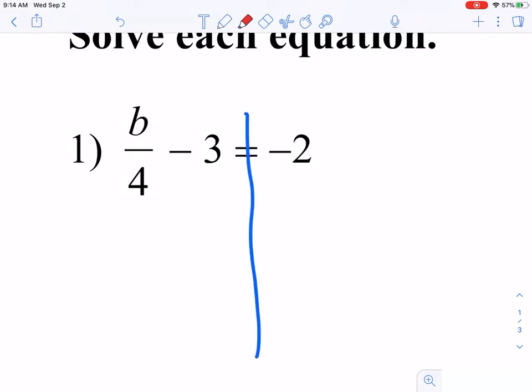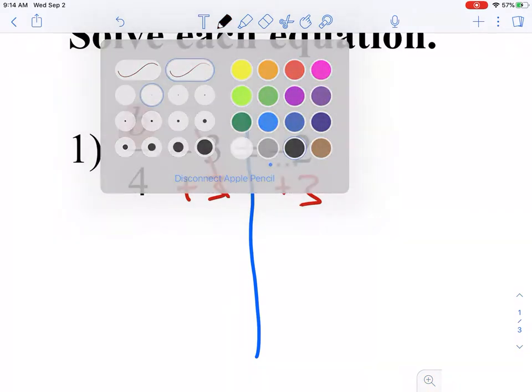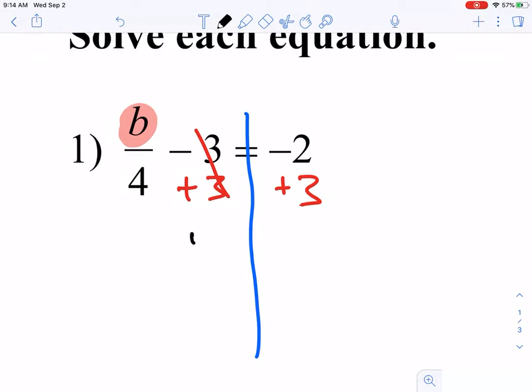Just a couple equations to keep us fresh on two-step equations. We are working on getting b by itself. In order to get b by itself, I need to move both the 3 and the 4. The 4 is attached to the b by division, so we are going to take care of that second. The first thing we're going to take care of is this 3 that is subtracting. We get rid of a 3 that is subtracting by adding. So we do the inverse operation. Those cancel out, and we have b